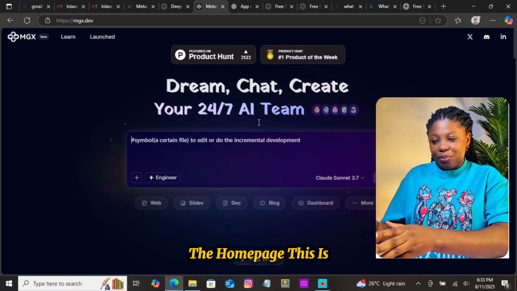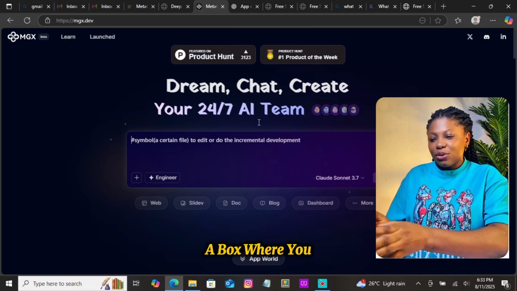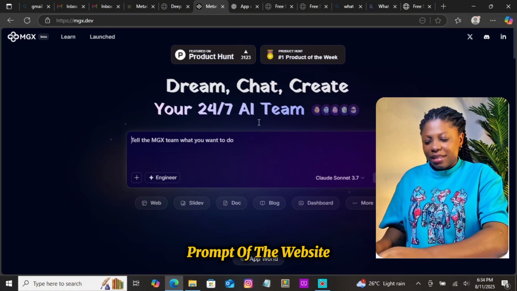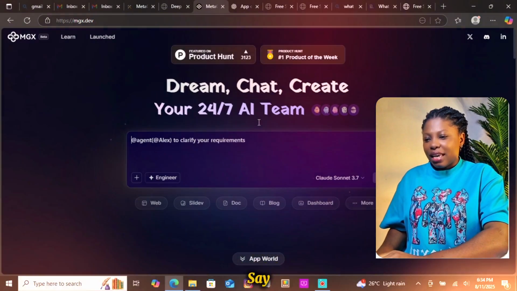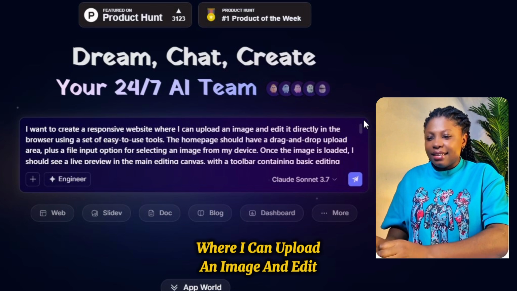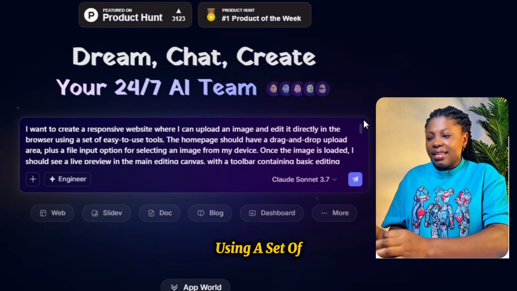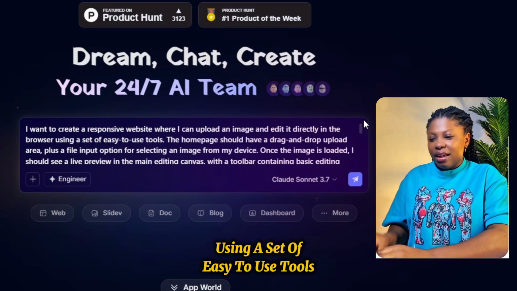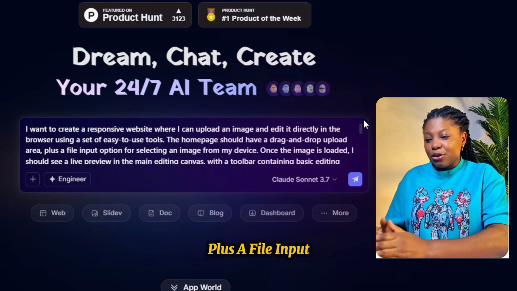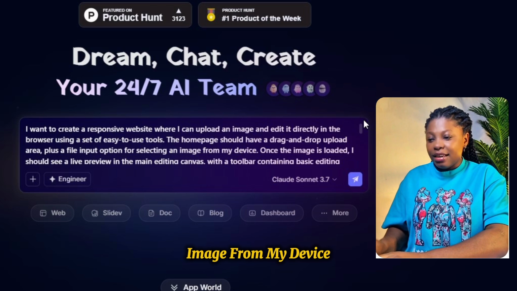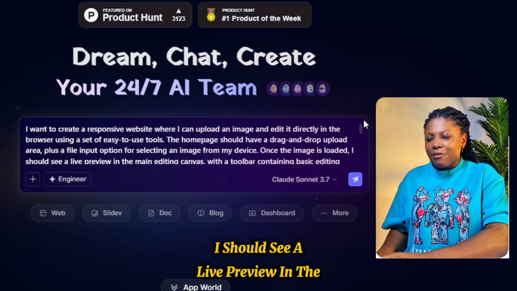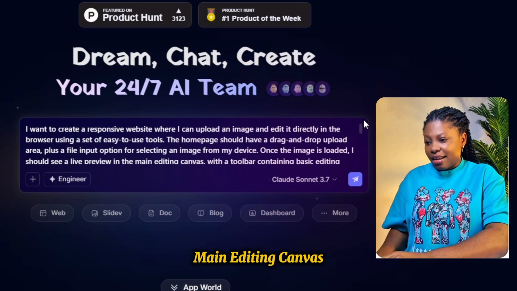On the website, the homepage, this is what you're going to see, a box where you can type in your prompt. And so I'm going to give it a prompt of the website I want to create. I'm going to say, I want to create a responsive website where I can upload an image and edit it directly in the browser using a set of easy to use tools. The homepage should have a drag and drop upload area, plus a file input option for selecting an image from my device. Once the image is loaded, I should see a live preview in the main editing canvas with a